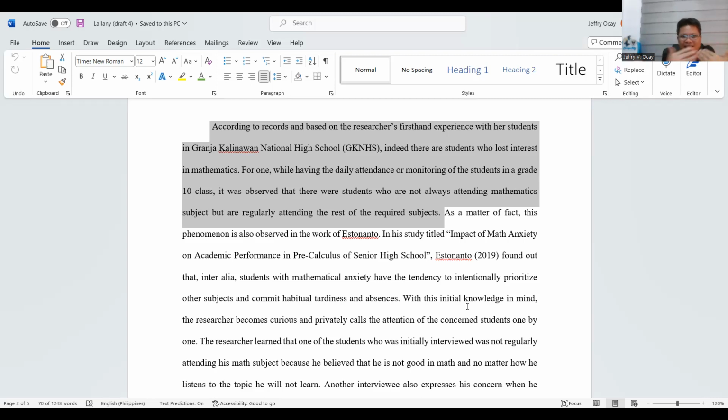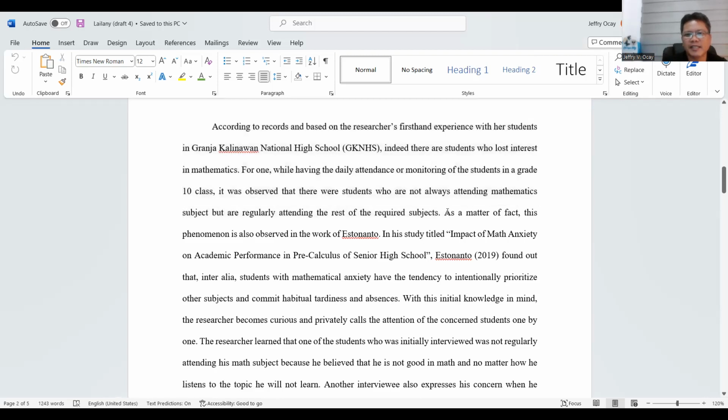So at this point, as you can see, it's very logical. We proceed from one point to another, to another, to another in a logical and coherent manner. Let me continue. As a matter of fact, this phenomenon is also observed in the work of Istonanto. So we read literature, the work of Istonanto. In a study titled Impact of Math Anxiety on Academic Performance in Pre-Calculus of Senior High School, Istonanto found out